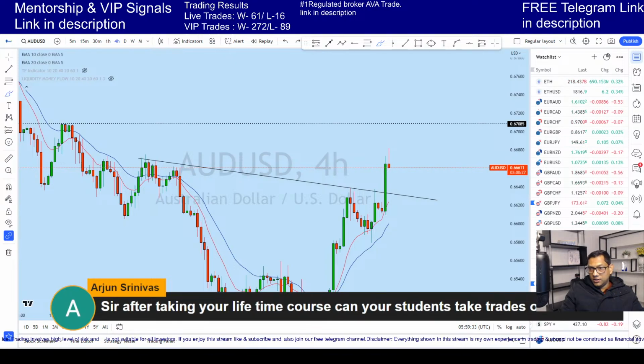Yeah, of course, this is the main goal of this academy, to make a trader independent. This is the main goal. I don't recommend anyone just follow the signal for the rest of their life, because at the end of the day, by following a signal, you will never be profitable long term. You need to be able to trade by yourself. The signal is for short-term support and learning, but long term, its goal is to make one an independent trader. This is the main goal here.